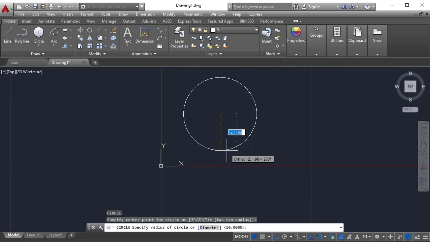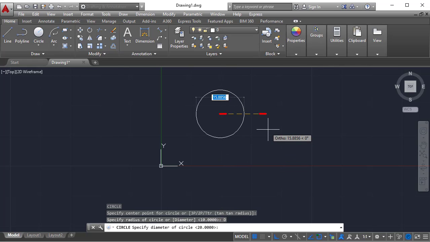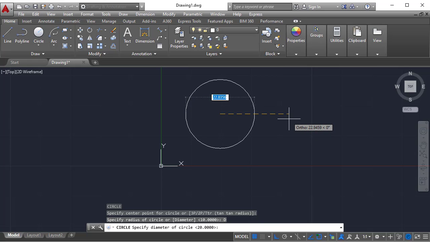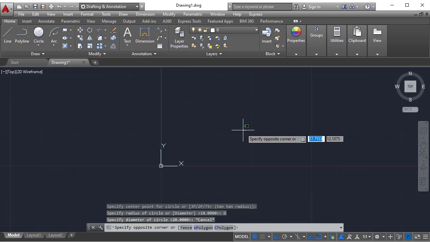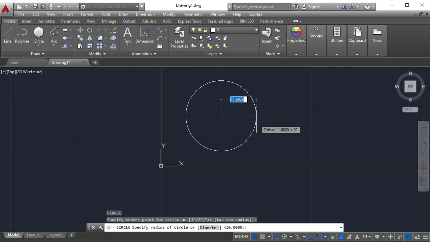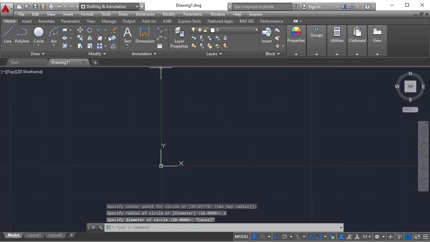If you observe, a dotted line runs from the center to one point on the circle. If you click on diameter, the dotted line is extended far out like two halves. So from the circle options, you can directly use center radius or center diameter using this shortcut itself. If you use circle, specify the center point, then either radius or enter, or diameter. You can simply specify a circle like that.